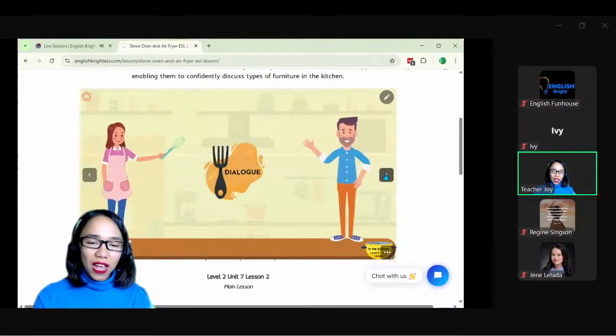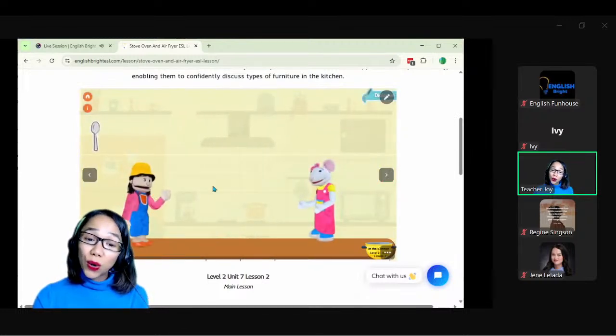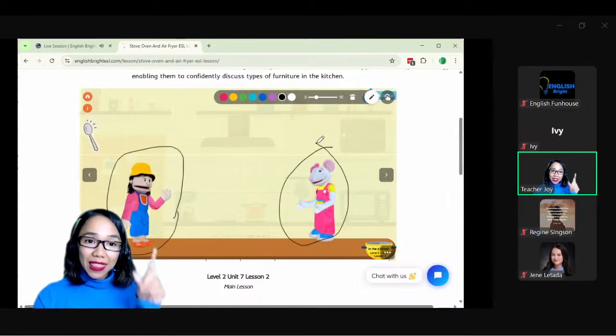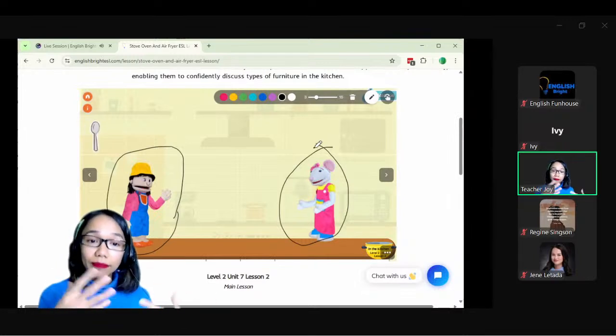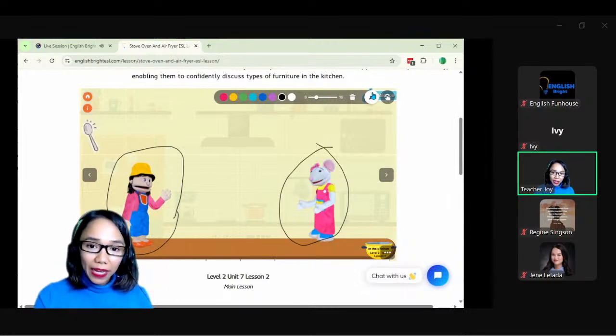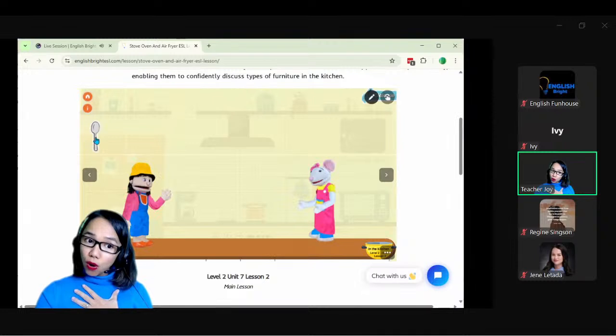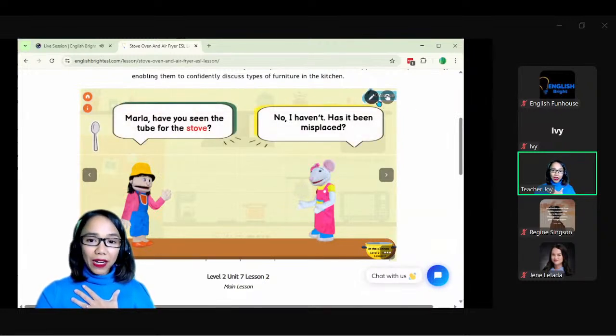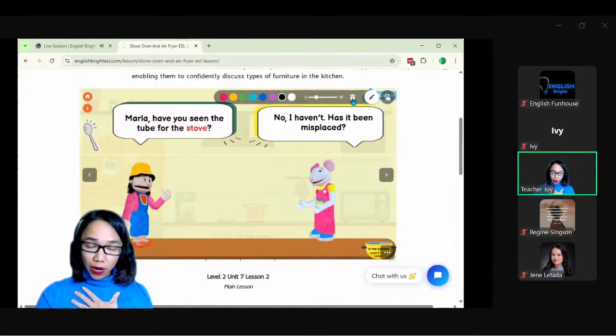So let's try this one. You have Cora and Marla. So you will have them choose. Do you want to be Cora or Marla? At this stage or at this level, they kind of know how to talk. So they would say, I want to be Marla. Okay. So you say, I am Cora. Click the spoon here. And you are going to be Cora. Okay. You're not teacher Joy. You are Cora. So you say,